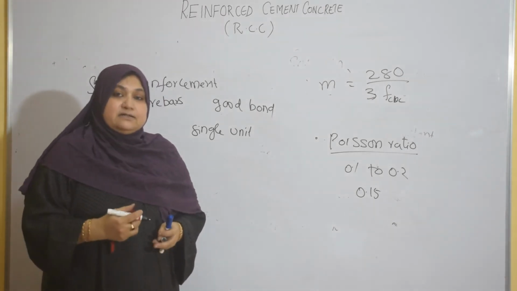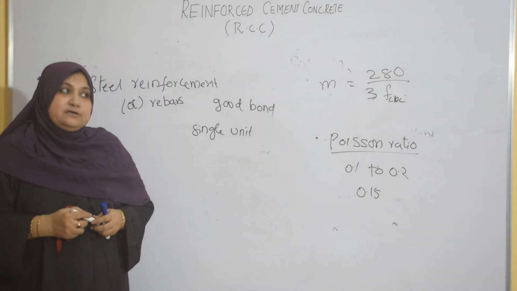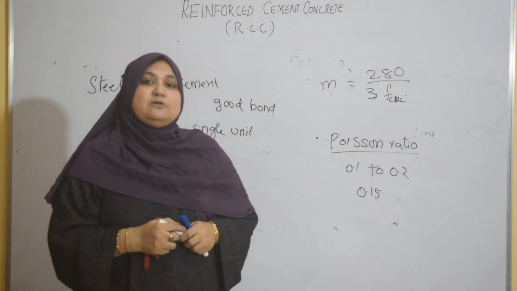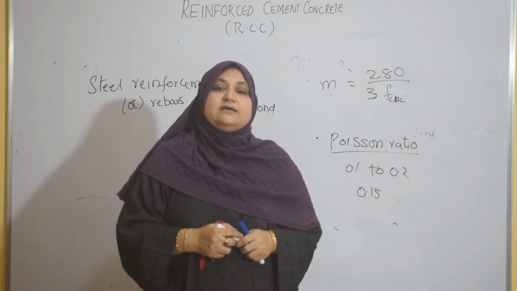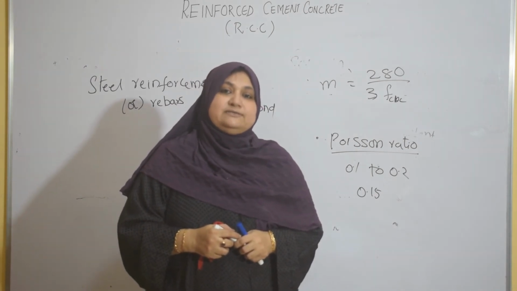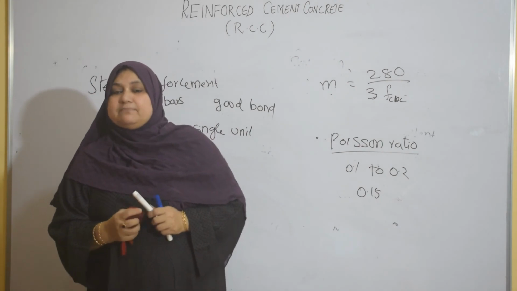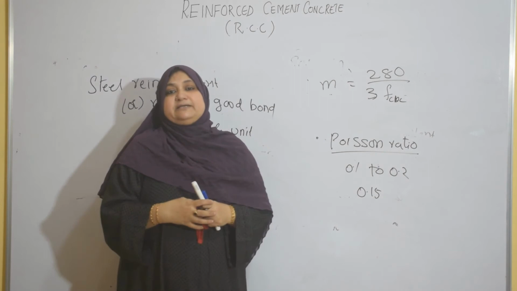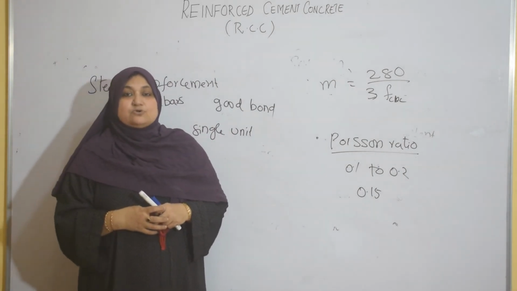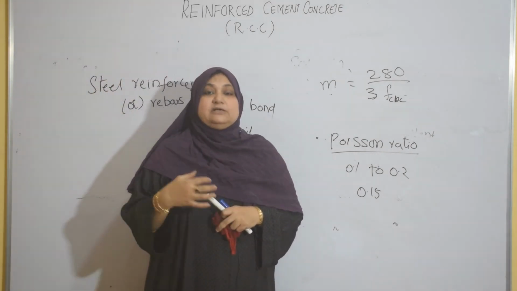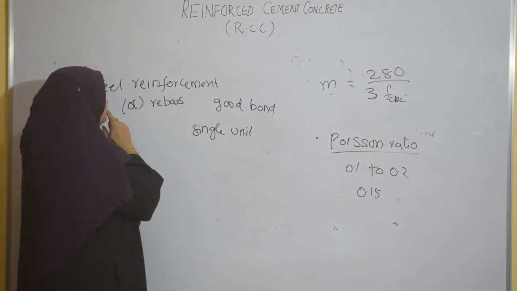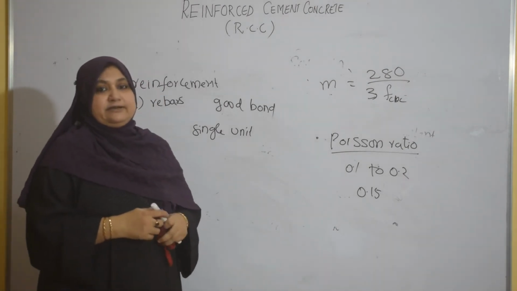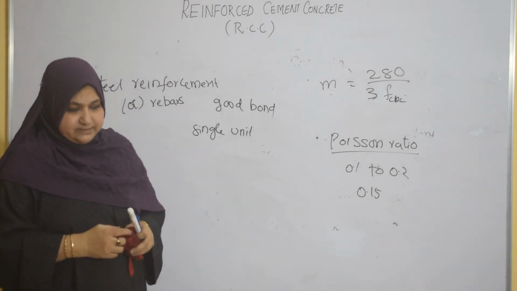Besides this, the coefficient of thermal expansion of steel and concrete is almost the same. They are not exactly the same but nearing each other. Because we are mixing different materials and forming a homogeneous compound, the coefficient of expansion should be compatible. That is why we are using steel as the reinforcement, not any other material, okay?